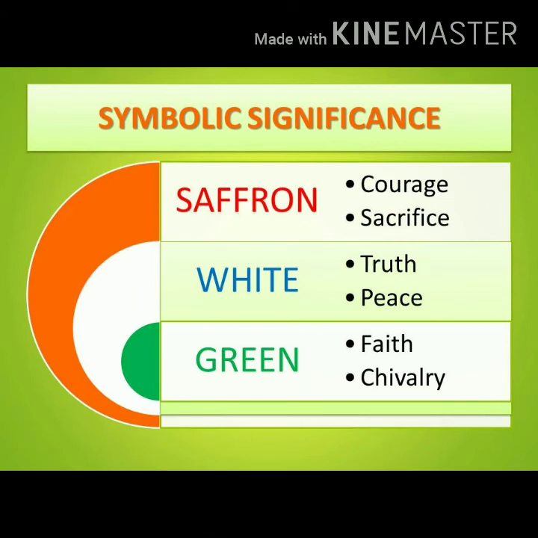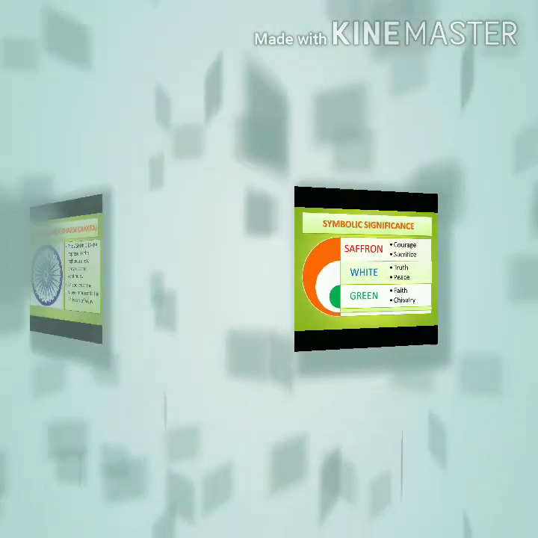Now, the significance of colors. Every color in the Indian national flag signifies an important part of Indian tradition, history, vision and culture. The top band is of saffron color, which shows strength and courage. White in the middle band with the Dharma Chakra indicates peace, honesty, and truth. The last band in green color shows fertility, faith, chivalry, and growth.